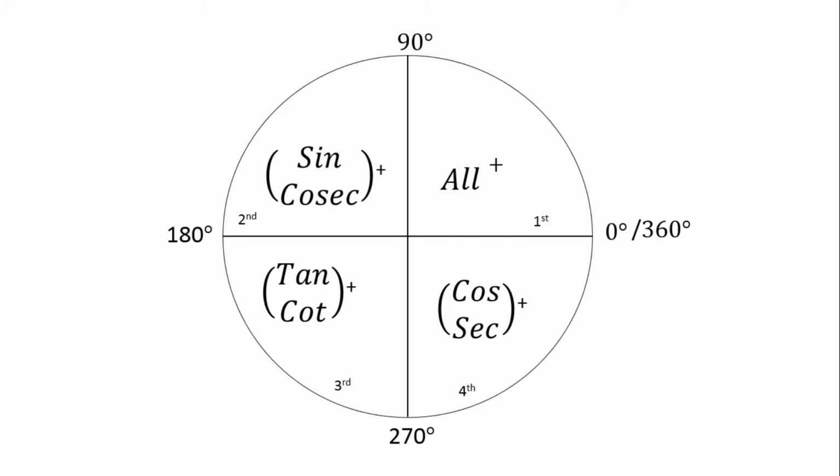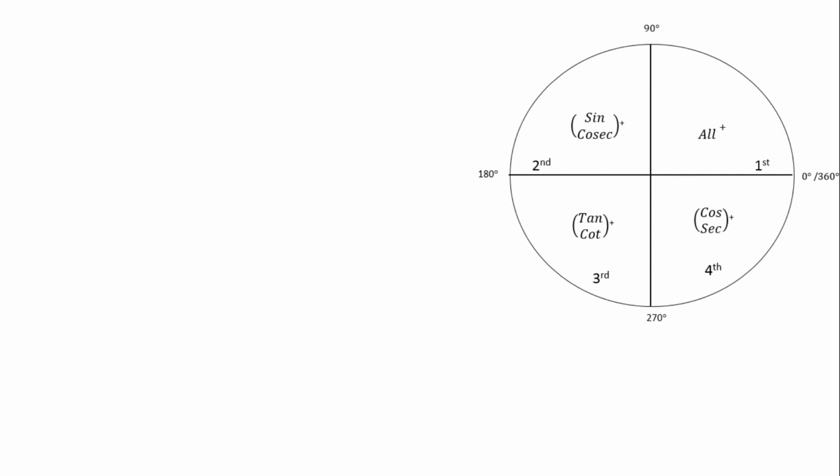Now to find the angle value, first of all we have to break the angle into smaller ones. Always try to break the angle into angles from 0 to 90 degrees so that we can use the tabulated values. Like if there is 330 degrees, we can break 330 equals 360 minus 30. Then 30 comes from 0 to 90, the first quadrant. So always try to break the given angle into a smaller one. Make sure that the angle is from 0 to 90 degrees. For this you can use either plus or minus.